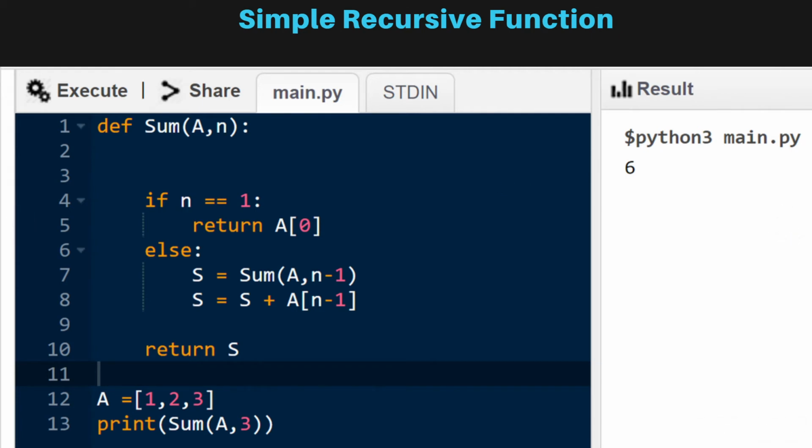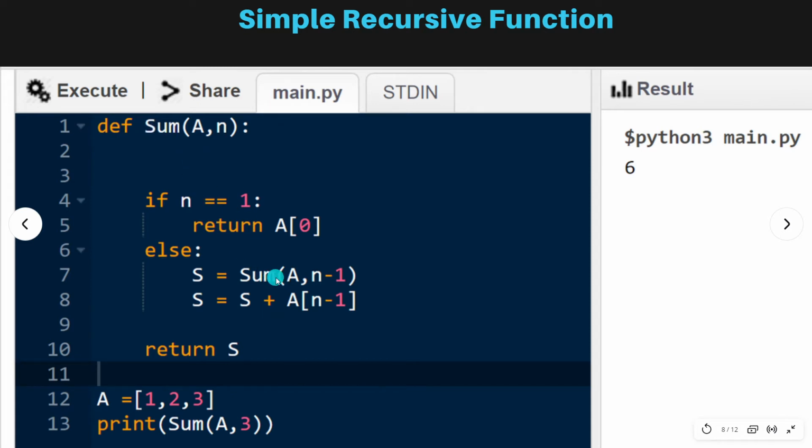This is a simple recursive function. We are studying a simple recursive function, and it is a Python program which explains a simple example of recursion. This problem can be solved using iteration also. Iteration means using loops, or it can be solved by recursion. One thing I forgot to mention, recursion means calling a function inside the function itself. Basically, here is a sum function and we are calling it in itself.